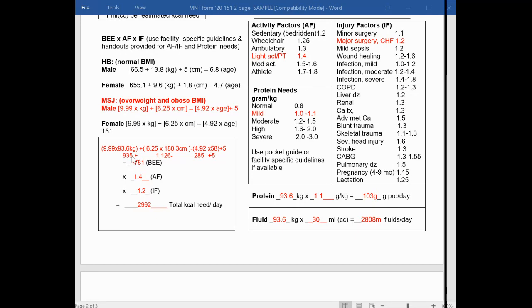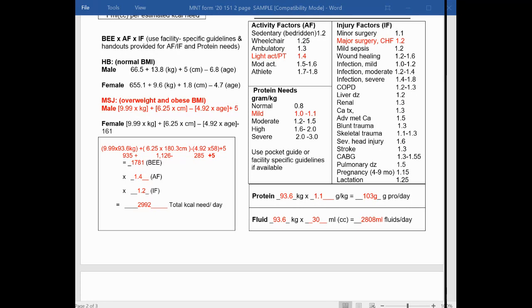So these numbers right here, that's the sum of what I completed here. So I took 935 plus 1,126 minus 285. Make sure you minus and not add there, and then plus 5. BEE is 1781. Then I take an activity factor of 1.4 because it said in our practice assessment that he